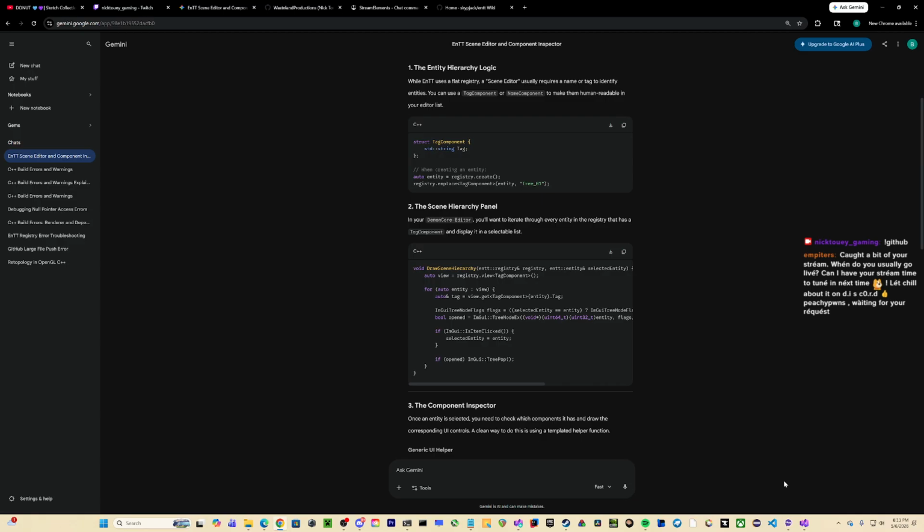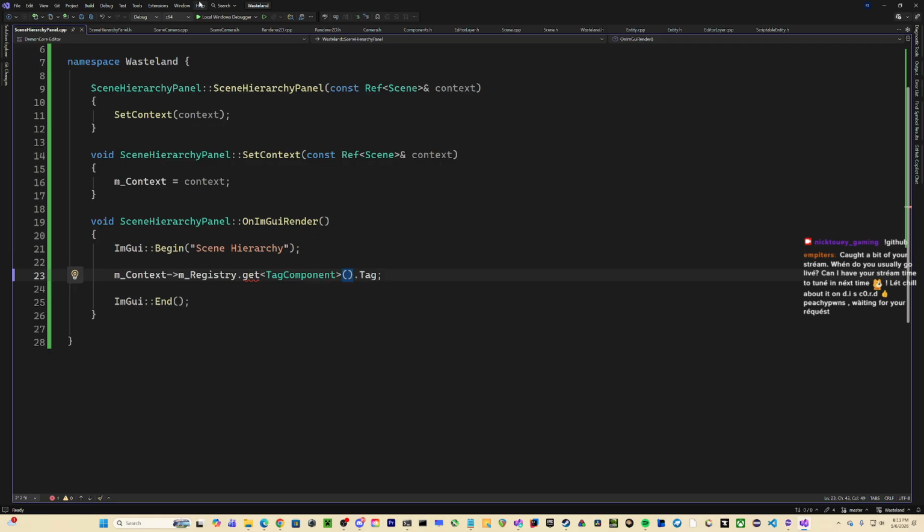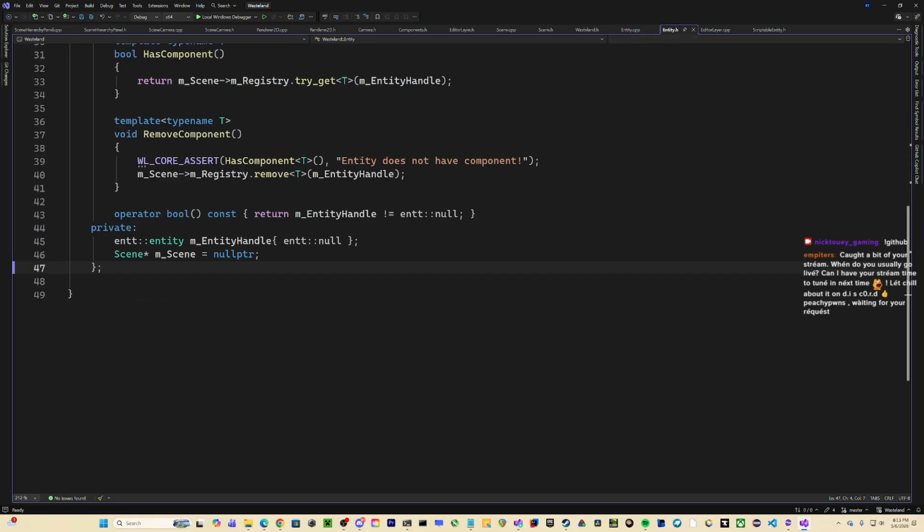Trying to figure this out. Probably. Entity. I have an entity class set up as well here.